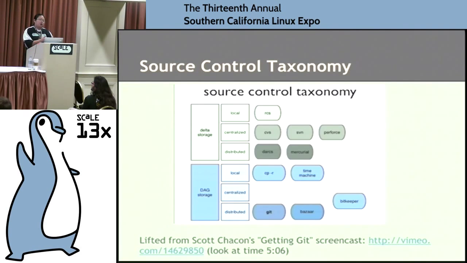A delta storage means that the way they store the different versions of the file is by storing the delta, the difference between one version and the next. And it's kind of on a file basis. So Mercurial and Subversion both use the same delta storage technique. In comparison, Git uses a DAG storage, which I can't tell you much about, but it's the concept